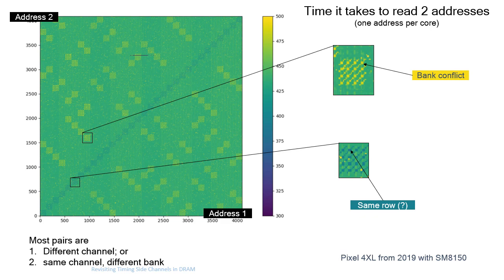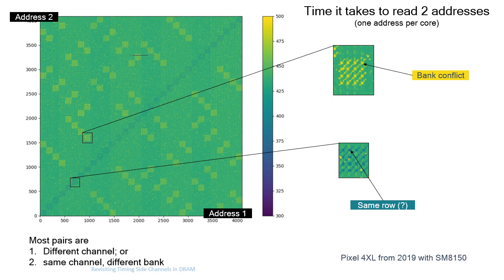And most of the time, this latency is, well, medium. In exceptional cases, when the pixel is yellow, it's a very high latency. That's when the two addresses are in the same bank. So one row access has to wait for the other row. The two different rows in the same bank.